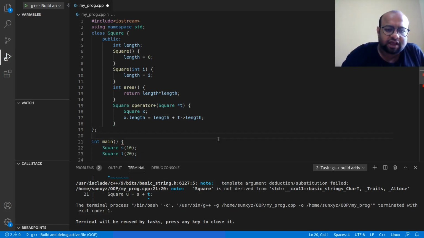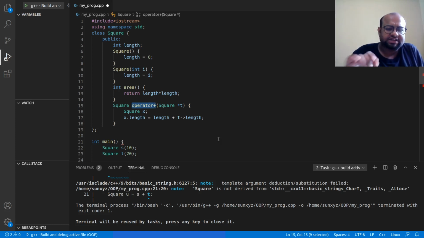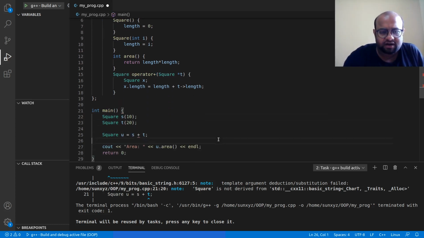So what is happening here? I am saying that I want to overload this operator plus. This means that whenever this plus operator appears next to an object of type square, so S is the object, plus is appearing next to S, and then to the right of S there is this other object called T. So T will be passed as a parameter to this function.